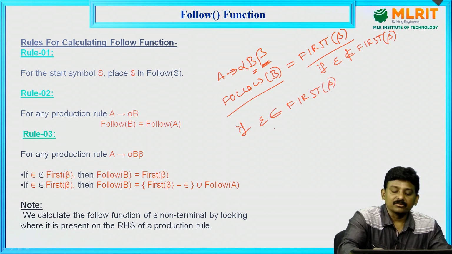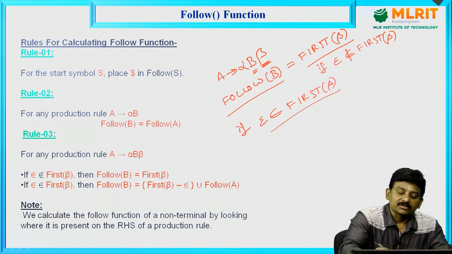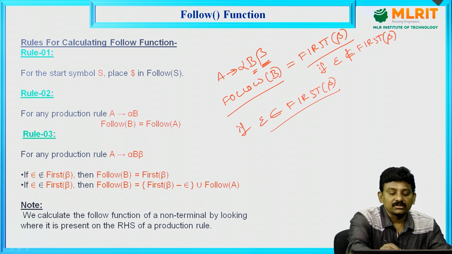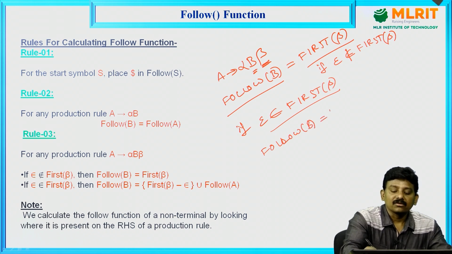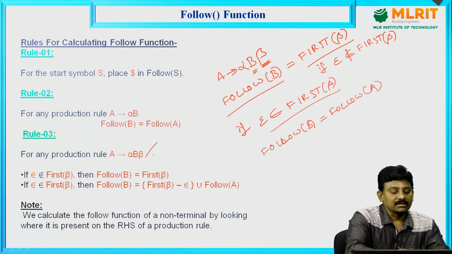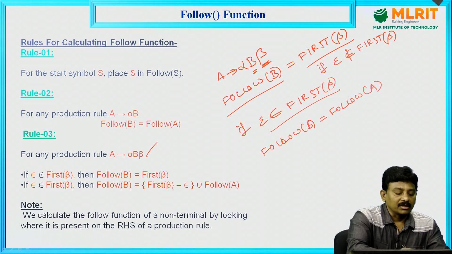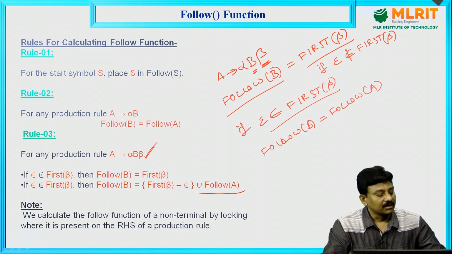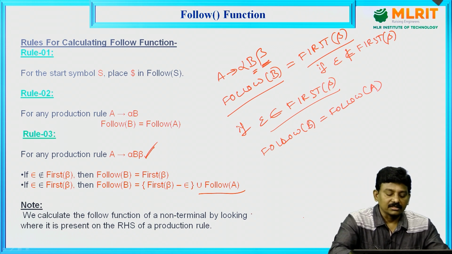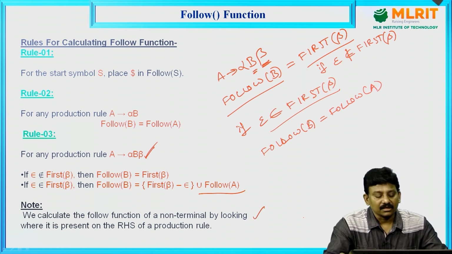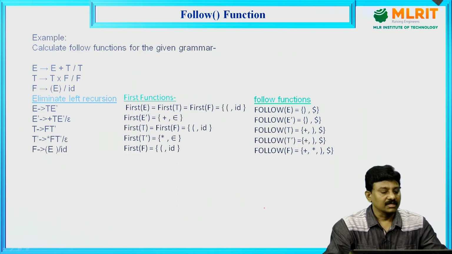Second condition, if epsilon belongs to first of beta, that means epsilon is replaced by beta, then B becomes the last symbol, so follow of B is follow of A. To summarize: if epsilon does not belong to first of beta, follow of B is first of beta. If epsilon belongs to first of beta, follow of B is first of beta excluding epsilon, union follow of A. So we calculate the follow function of a non-terminal by looking where it is present on the RHS of the production rules. For example,